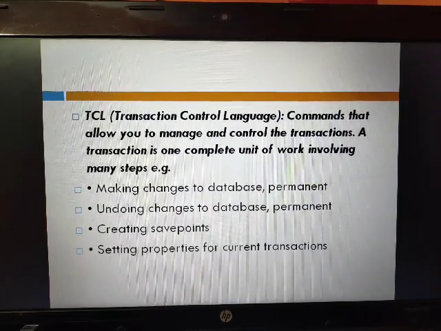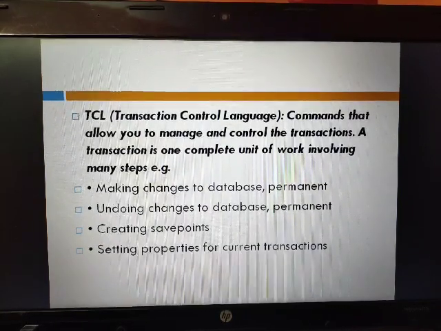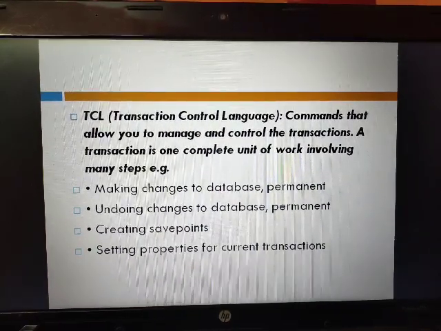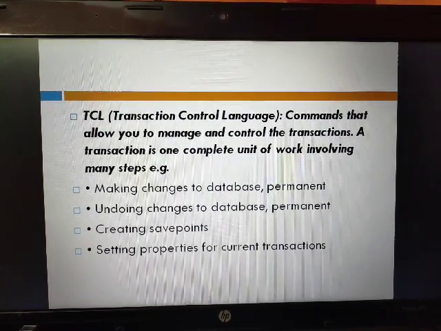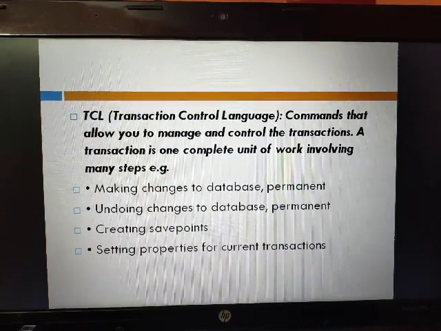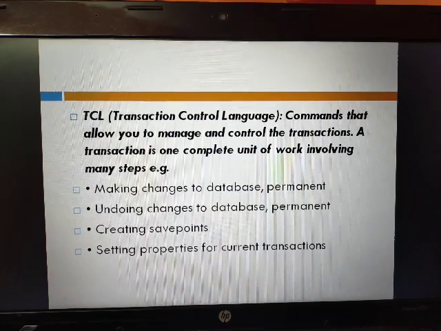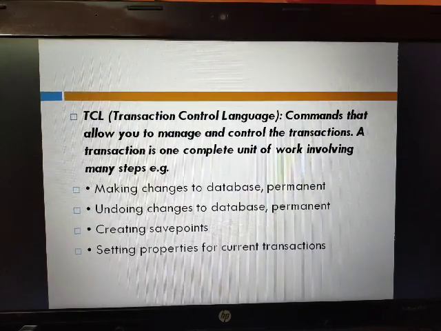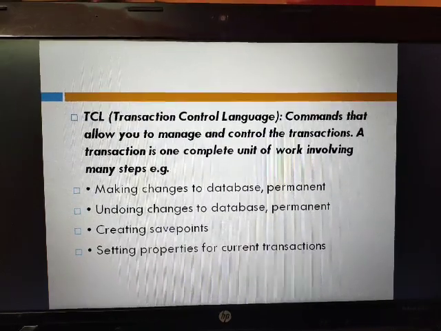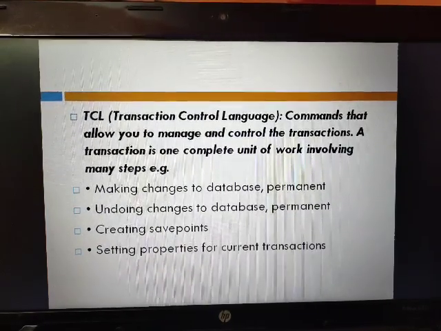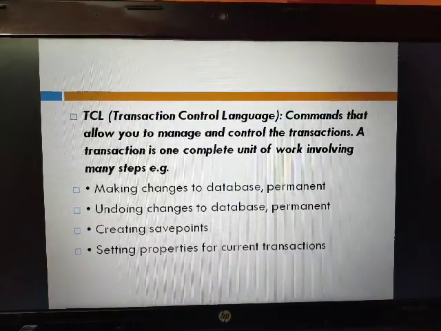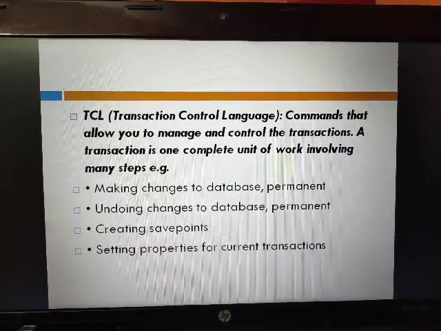So transaction control language commands are related to the transaction. A transaction is one complete unit of work, involving many steps. The work can be a success, or the work can be a failure. Such types of commands are TCL commands.